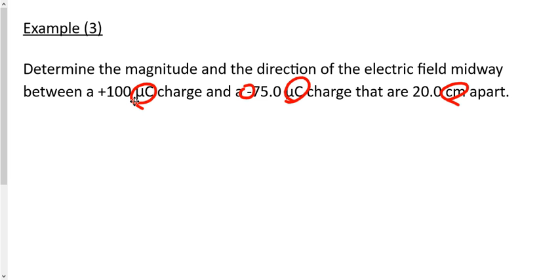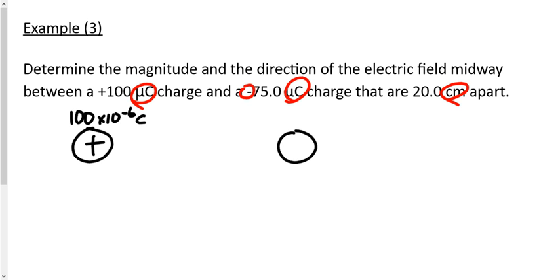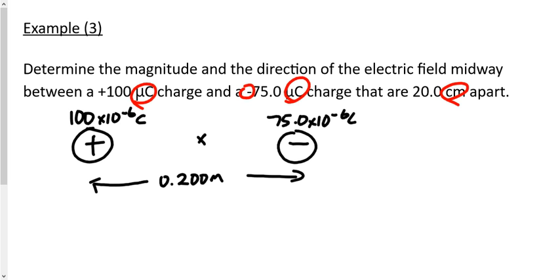When you get a question like this, an electric field question that has more than one charge in it, please draw a picture. Here's the first charge. It's positive 100 microcoulombs, or 100 times 10 to the minus 6 coulombs. And then we have a second charge over here that is negative 75 microcoulombs, or 75 times 10 to the minus 6 coulombs. We have a distance that separates them of 20.0 centimeters, or 0.200 meters. We want to find the field strength right here, right smack in the middle, midway, 0.1 meters from